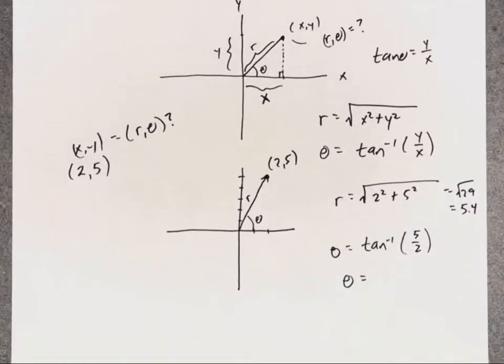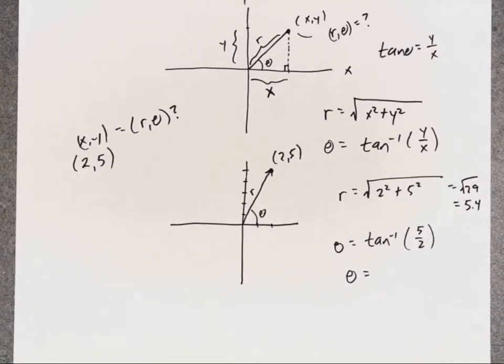Now I'm going to give the answer in radians. So make sure my calculator is set to radians. 5 divided by 2 equals inverse tangent